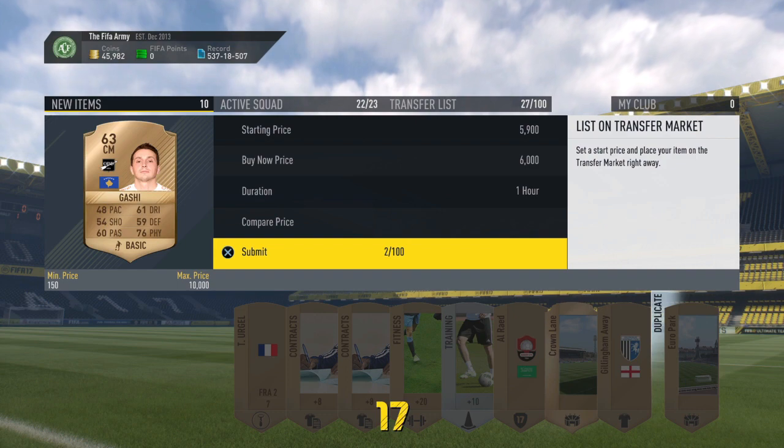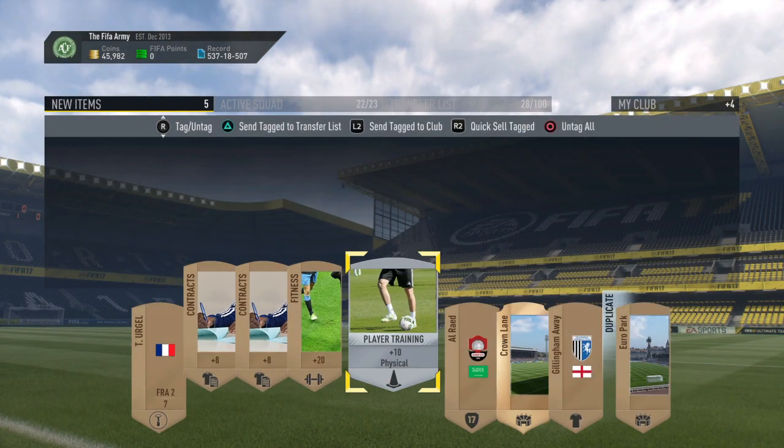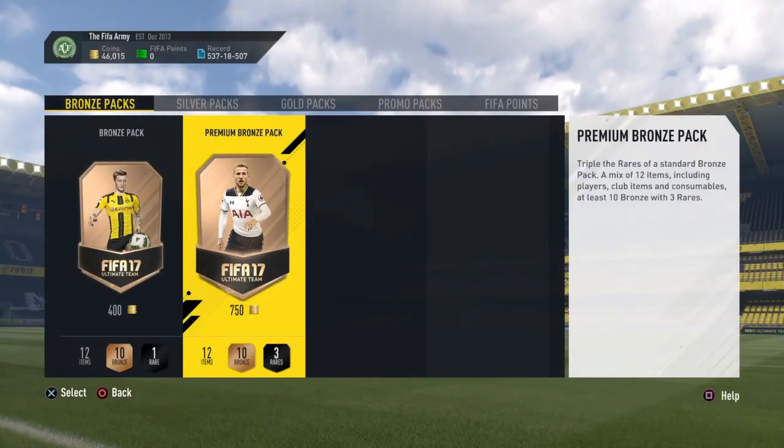I will let you guys know in the next video that I make if that player does sell, because that would be quite incredible. If he does for 6,000 coins for that player, that will be not bad. Quick sell everything else, but then you make your profits on them players. Okay, so the